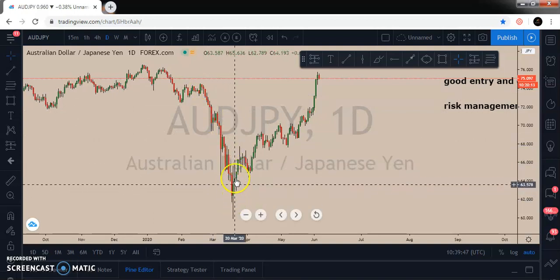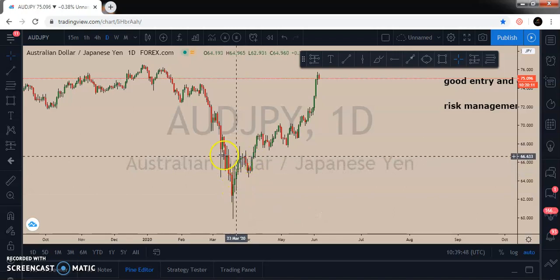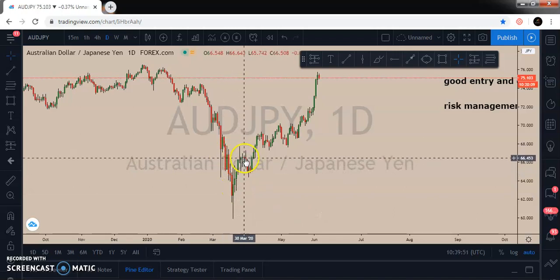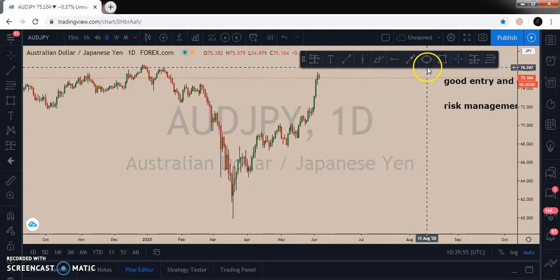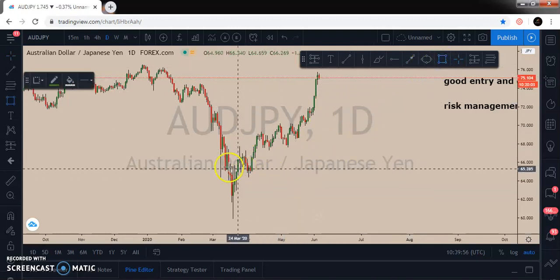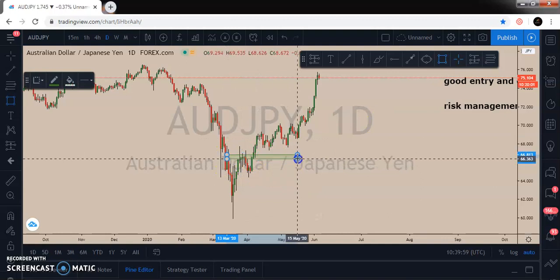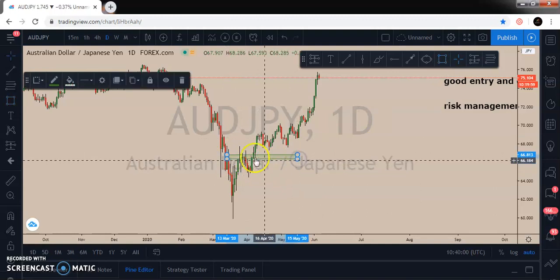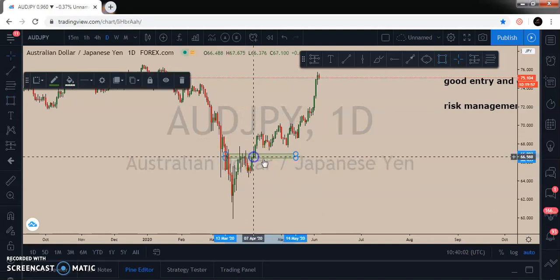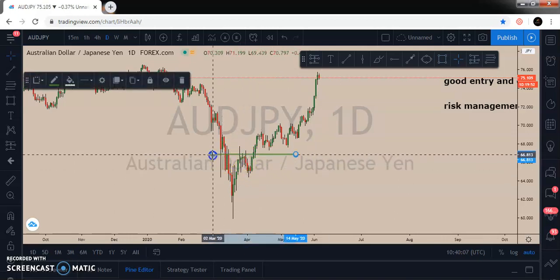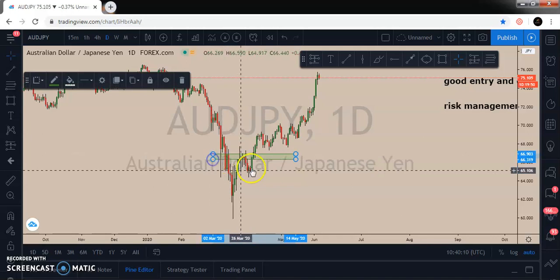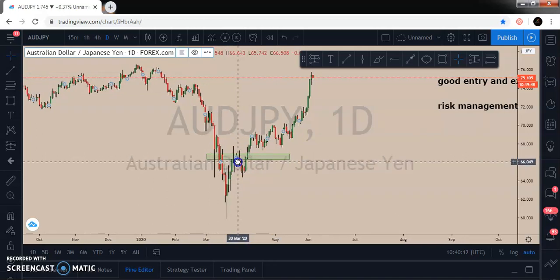Now this is the trend. From this area, this was still a downtrend, and it started coming down a bit. It was still a downtrend. The moment it turned to an uptrend was when it broke this region. Can you see? Immediately it broke this region. This is a resistance zone, which you know already, and it also serves as resistance in this area and serves as support from this area.